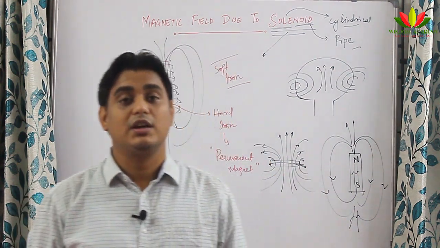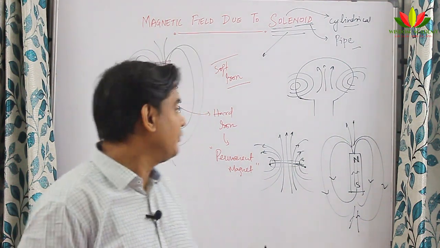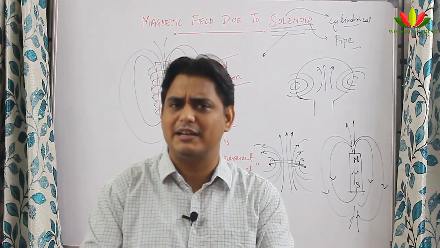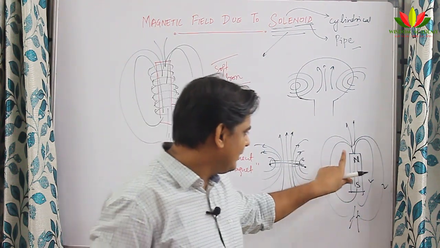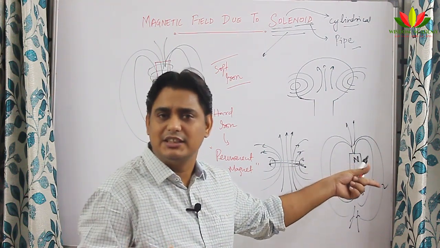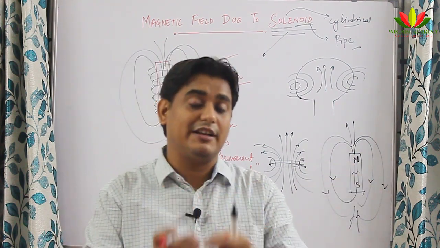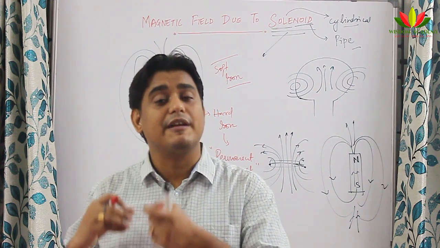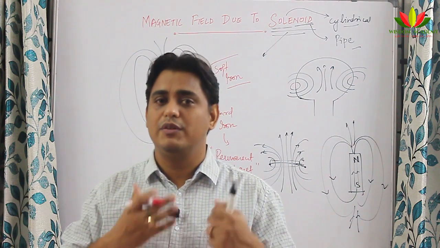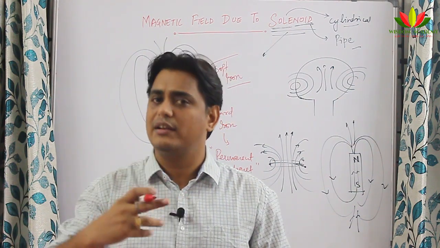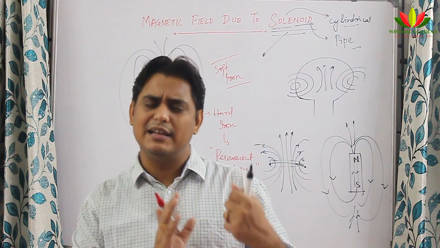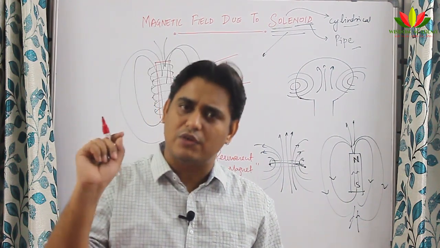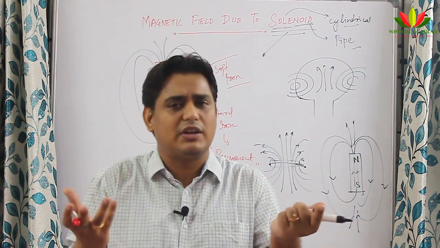There are some more uses. For example, what is the advantage of solenoid? We have a control over magnetic field. In the case of permanent magnet, we cannot control the magnetic field. What magnetic field it has, we cannot change it. So the most advantageous thing about the solenoid is that here the magnetic field can be controlled, and whenever we need a higher magnetic field, we will put some more current, more magnetic field will come. Whenever you need lesser magnetic field, flow less current through it, and whenever you don't need magnetic field, switch off the current. When no current flows, it does not have any magnetic field.